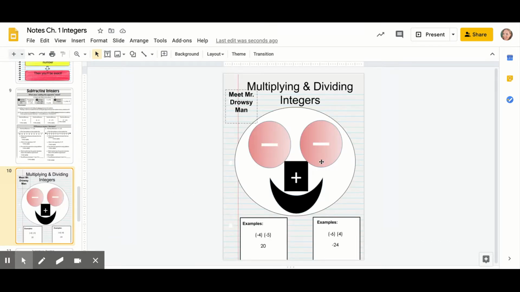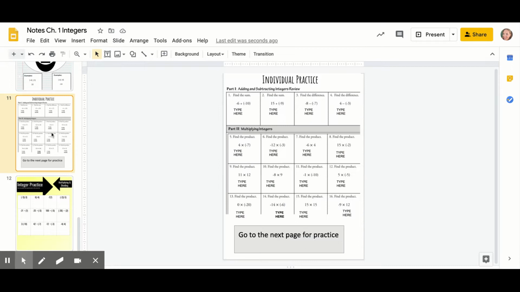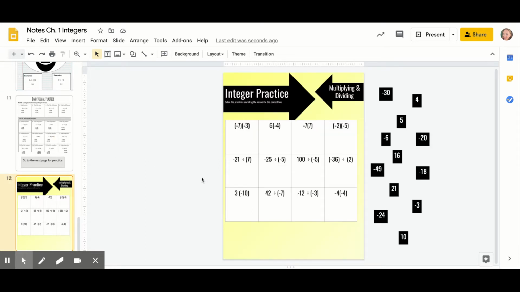Multiplying, here are the notes. They're already filled in for you. There's some examples down here. And then there are 2 pages where you can actually practice the skills of multiplying or dividing integers. Once you're done with this, you will turn it in on Google Classroom, and then I will